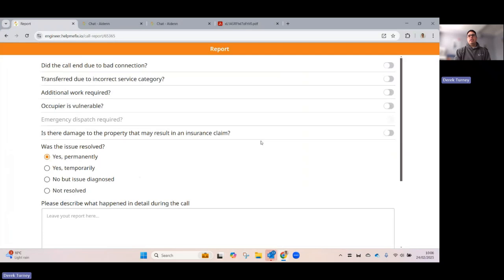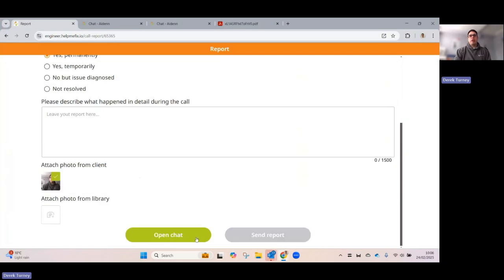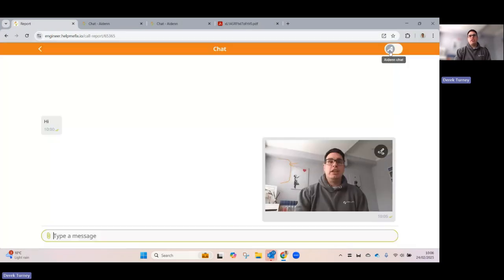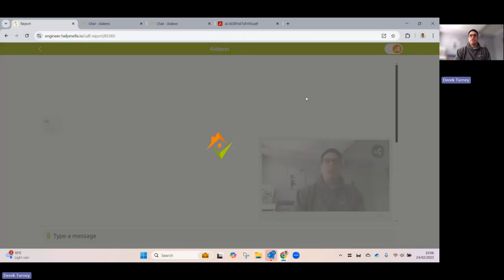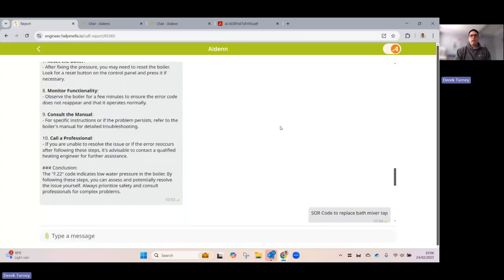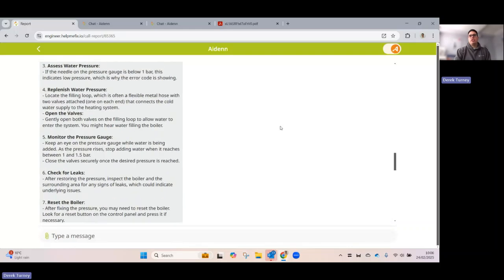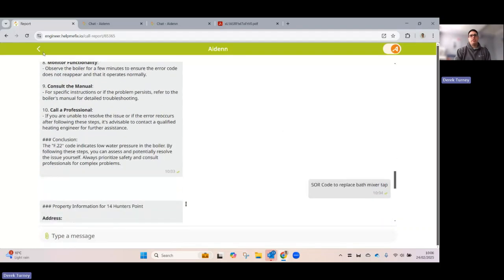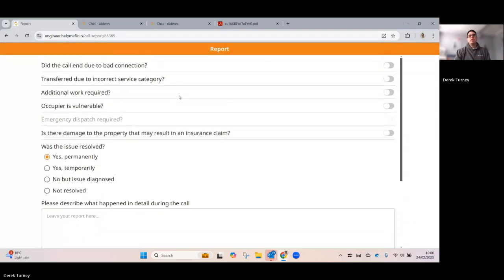So if we look at it, the engineer will then build out the report. What they can do is go back into chat. They can pull any pictures down from chat they wish. They can go back into the Aiden conversation to look back over any information that they need. But then this is again where the report can be customized to individual organizations. But as a standard, you've got additional work required. If the call